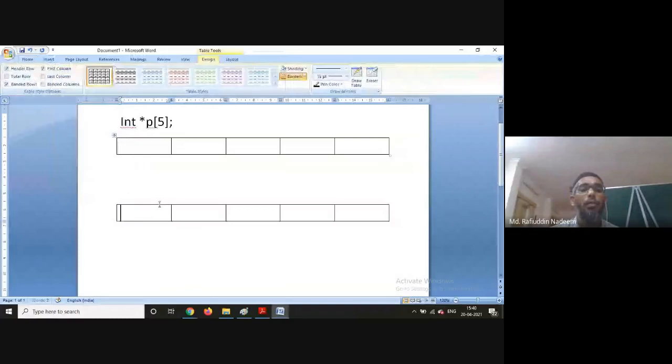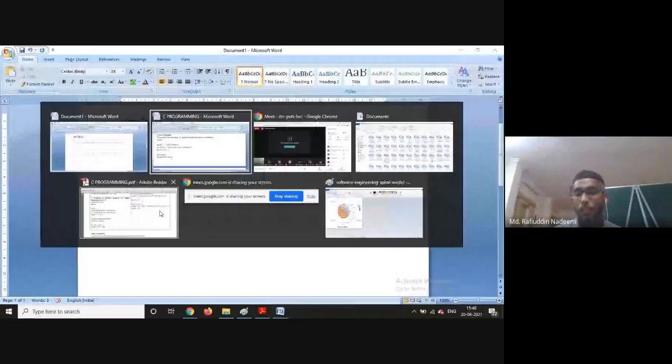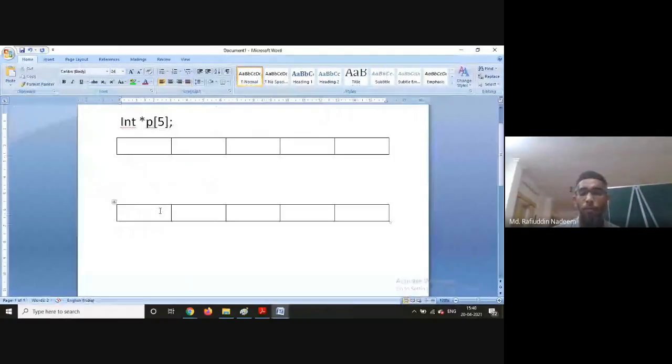Assume this array is a, an array containing the values 10, 20, 30, 40, and 50.